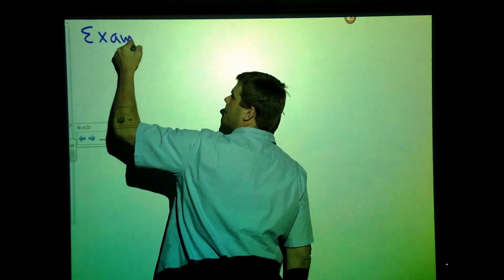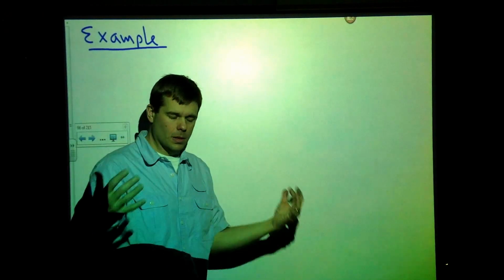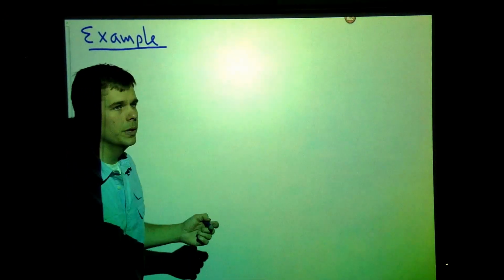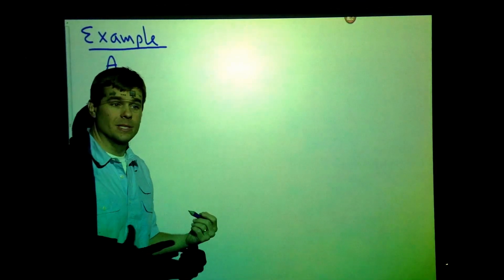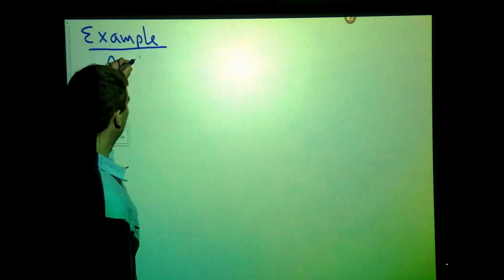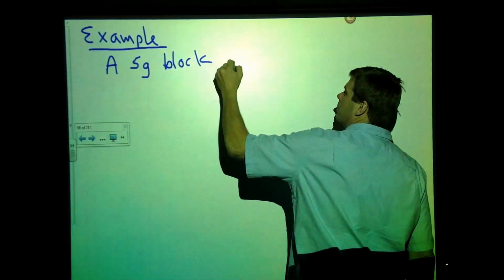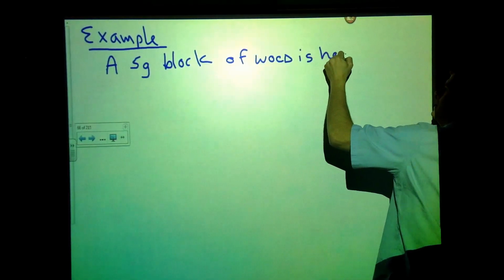So from the simulation you did, the virtual lab that you did, we have an example. In that virtual lab, you were given a bunch of substances. So let's say that you have your 5-gram block of wood. In this simulation, your 5-gram block of wood was heated. So I have a 5-gram block of wood is heated